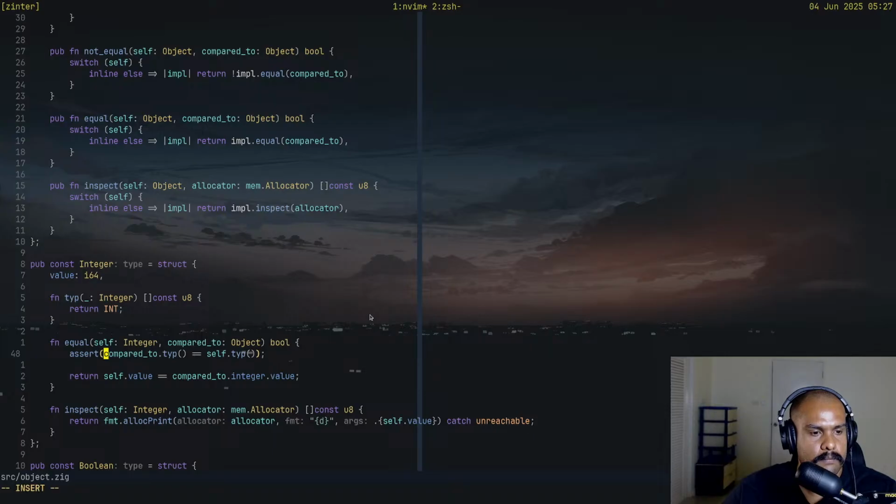Yep, got mem dot equal u8. This should be self. This should be compared to